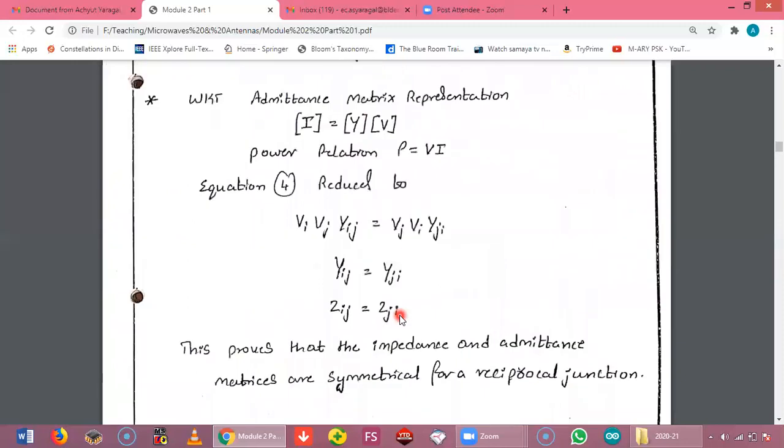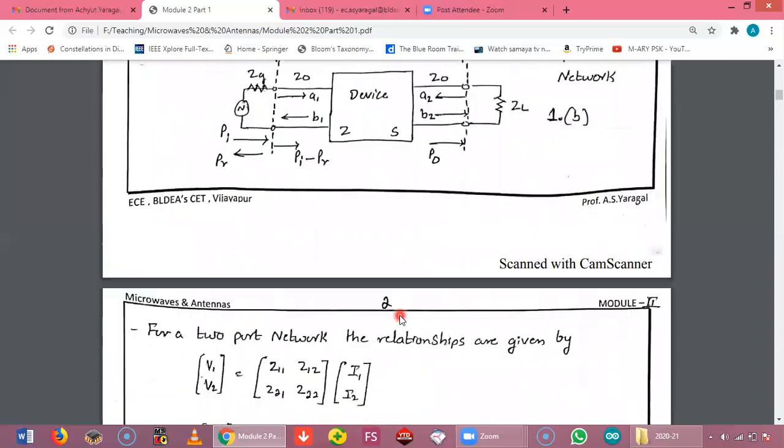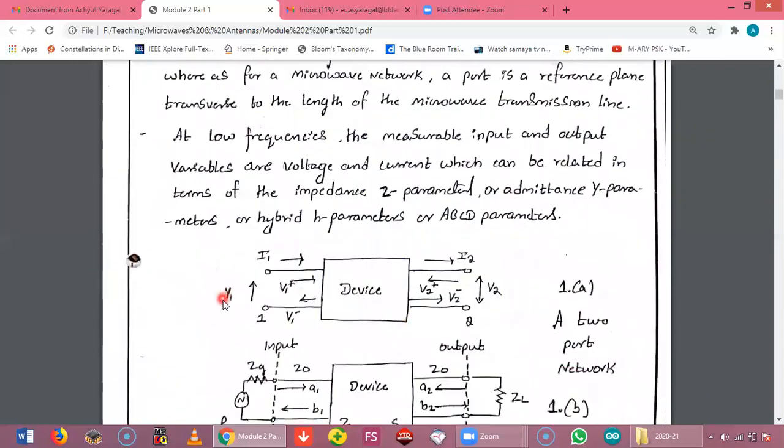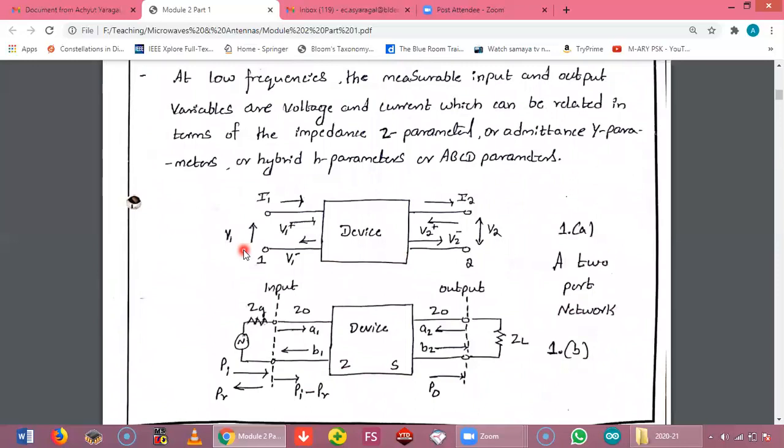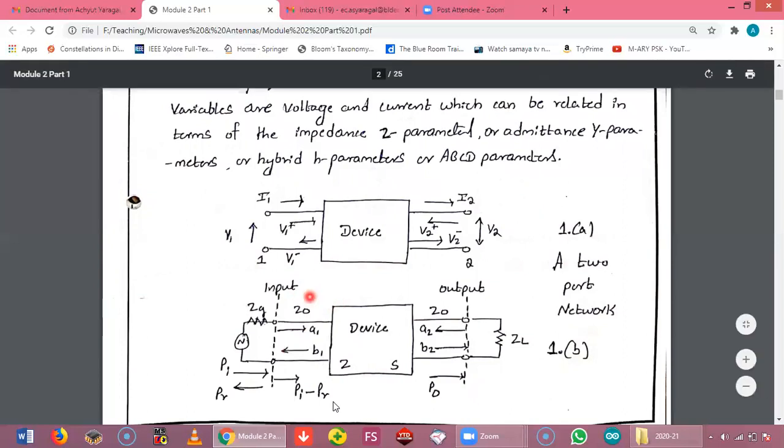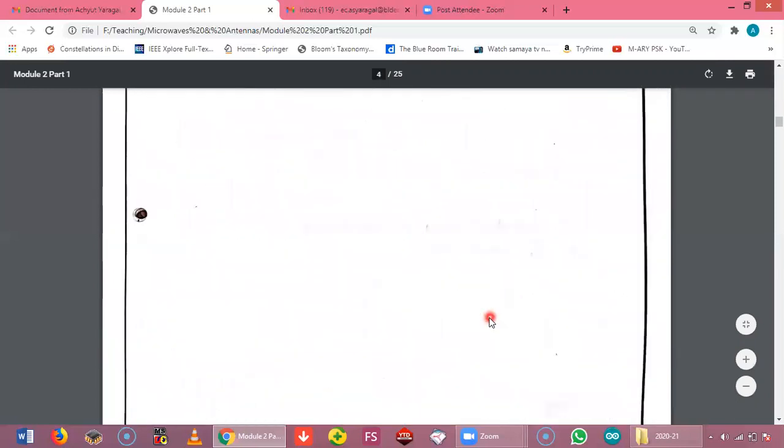I will just show you the figure here. In the first page we have seen this one. If you want to find the incident voltage, what you have to do is V_i = V plus, minus of V minus. V1 minus V_r1 you will get the incident V_i1. That is nothing but our A divided by root Z0. Z0 is nothing but the characteristic impedance of the particular device. This is how we can write the equation.